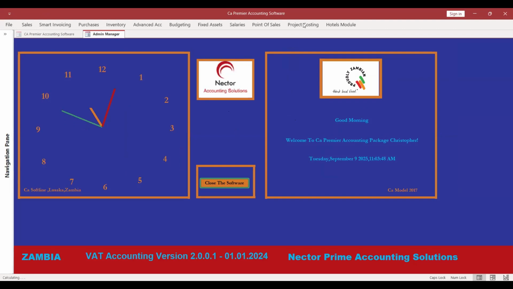The package you are seeing here is one of the best packages we have. I can bet, even if you bring an international package, I don't think there will be any difference whatsoever. In terms of user-friendliness, I can assure you, you don't need anyone with any accounting knowledge to handle this. Anyone, a person who ended up in grade 7